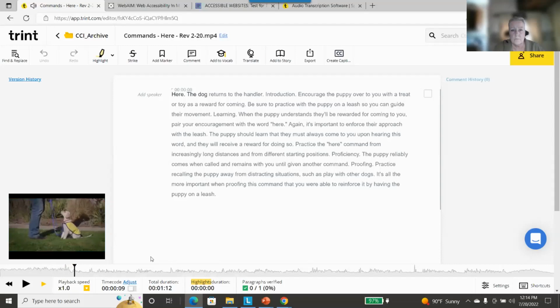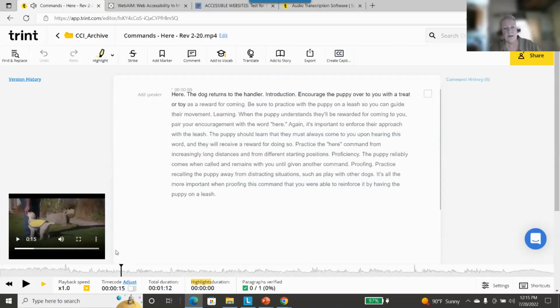Here, the dog returns to the hammock. Introduction. Encourage the puppy over to you with a treat or toy as